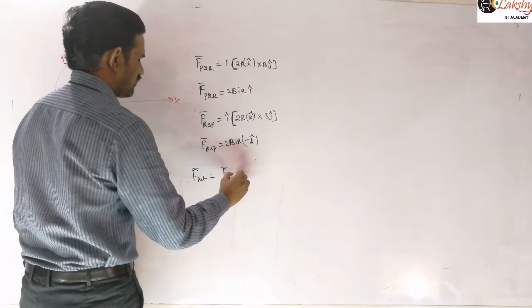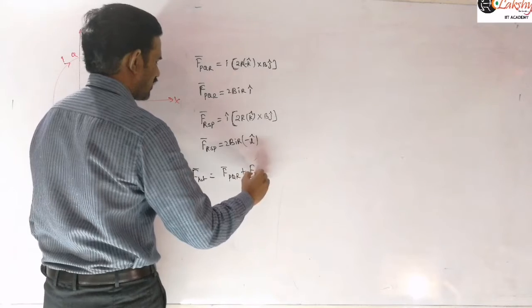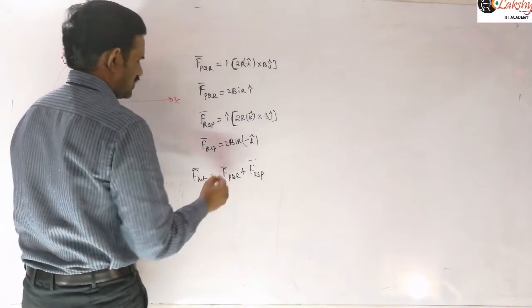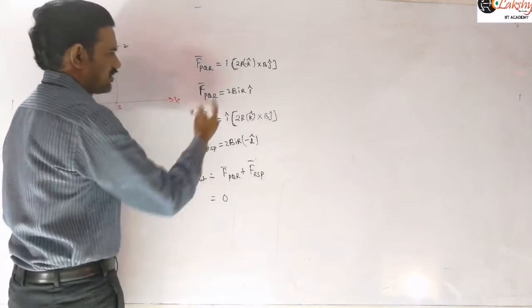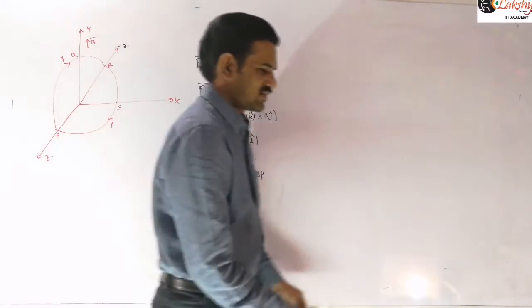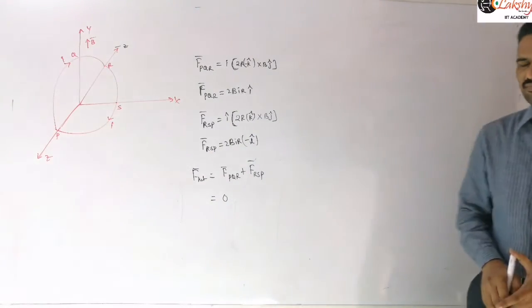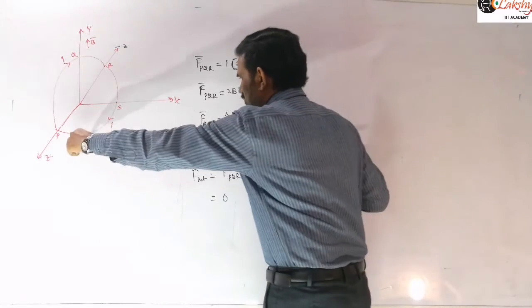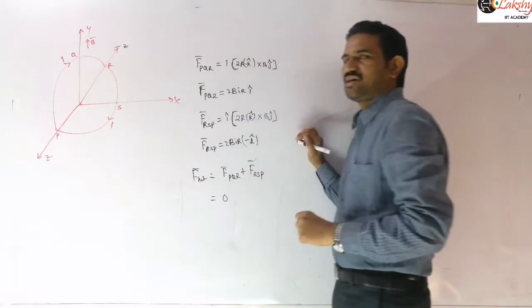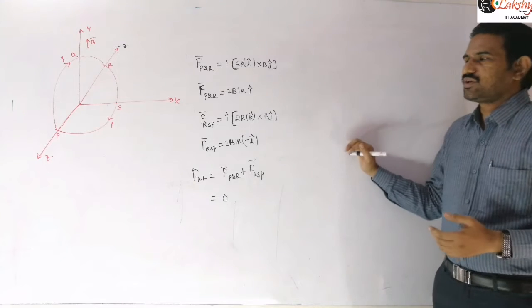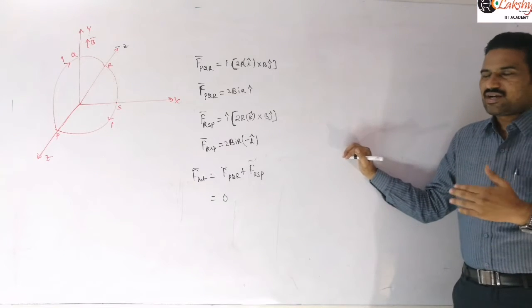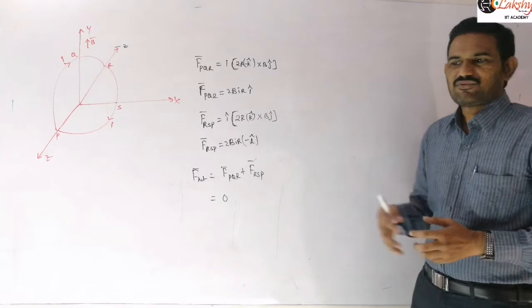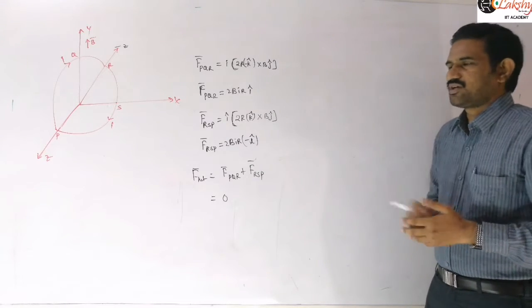F bar of PQR and FRS bar, RSP bar. So you can easily say that both are equal in magnitude and opposite in direction, so the net force acting on that will be 0. In the same problem, suppose they reverse the direction here, and for this loop also the current flows along this direction. Then you will get a magnetic force, and we need to add them. That means this also will get a plus, so we add those magnetic forces. That means then you will get 4BIR.